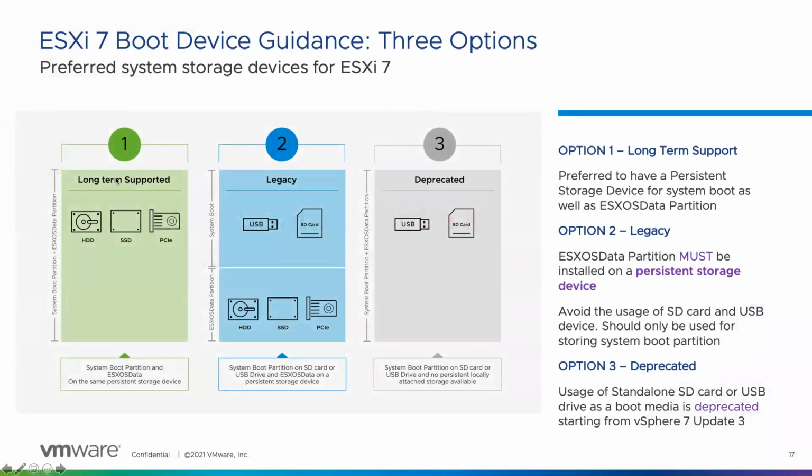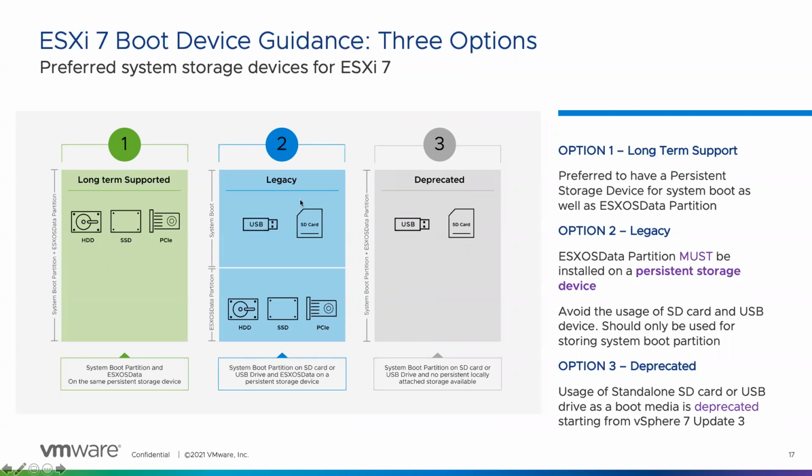So the first option is the long-term supported, which means that you have a locally attached persistent storage device. These devices can be hard disk, SSD, or very well PCIe devices, right? If the system boot partition as well as the ESXOS data partition are stored on the same HDD or SSD or PCIe device, then this configuration is fully supported, and this is considered the long-term supported